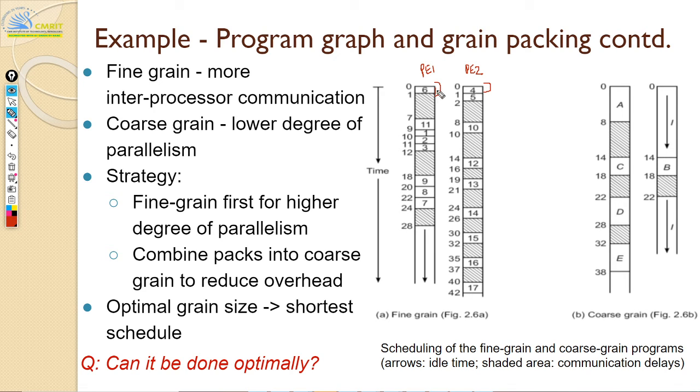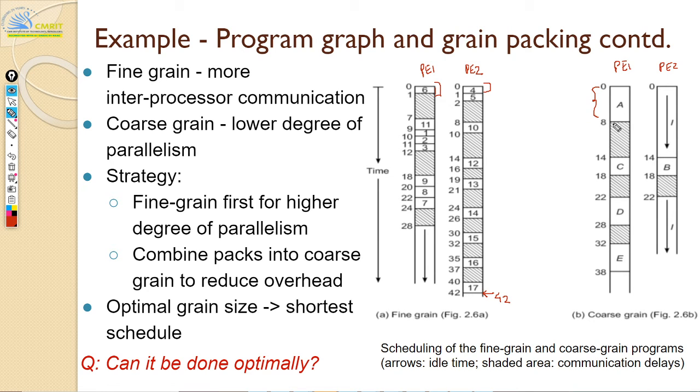But now look at the schedule, right? Based on how independent your elements are, and which is going to yield the best or the shortest time, you schedule it first. Based on that, the maximum time it takes for your program to finish is 42 cycles. On the other hand, if you do a coarser grain, here also you have processing element 1 and processing element 2. Now A is supposed to execute first, because B and C were dependent on A, right?